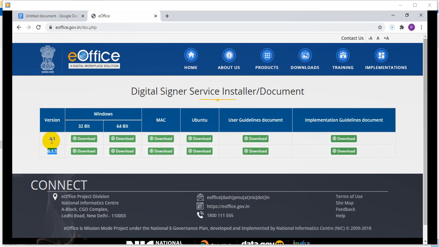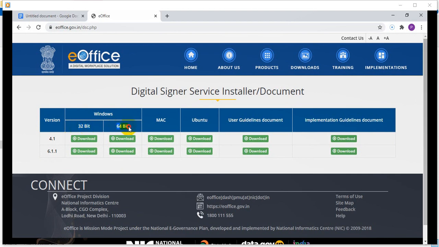I know and have used 4.1, and 6.1.1 of course came later, so it must have better features, maybe more robust and secure. Something must be new in that, but I am showing 4.1 as I know this much and it will be easy for me as I use it. You can use any one, but you should discuss with your department, implementing body, and technical team what needs to be followed. In my view, these should be almost the same. Now, above, see it is written Windows system. I am working on a Windows based system, so I will take the example of Windows.